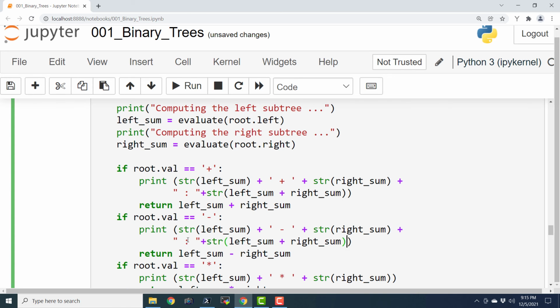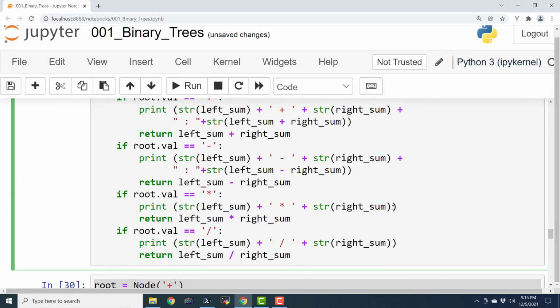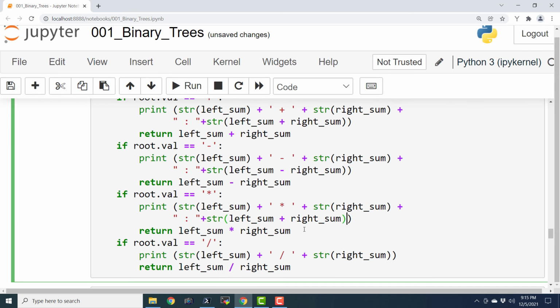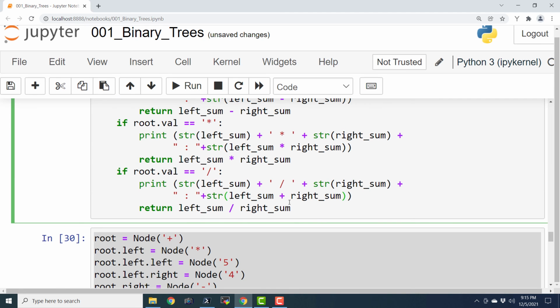So this is the minus case, and here I'm just going to replace it with minus. And here it is plus, and let's replace it with multiplied by. So whatever values we are returning, we are printing them in the form of a string in our trace, and likewise for slash. Okay, so let's save it.